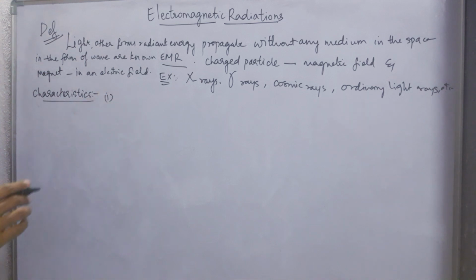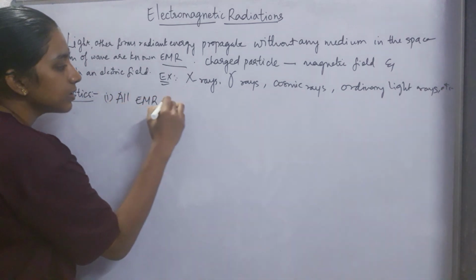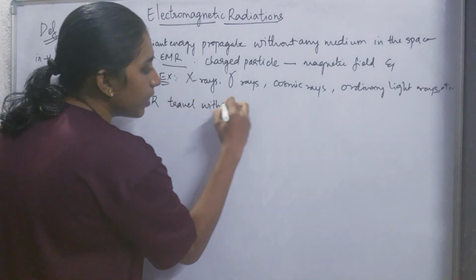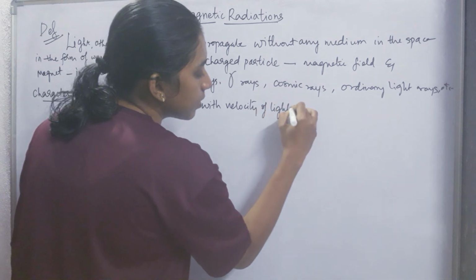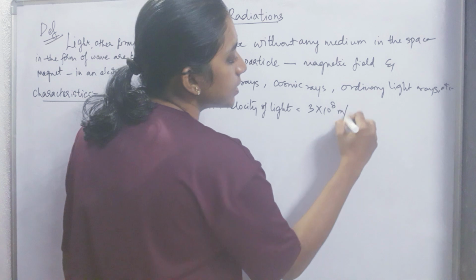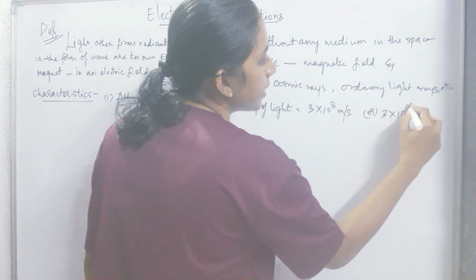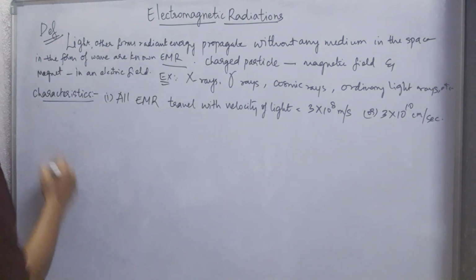So the first one is, all the electromagnetic radiations travel with velocity of light, which is equal to 3 into 10 per 8 meters per second or 3 into 10 per 10 centimeters per second. The second point is,